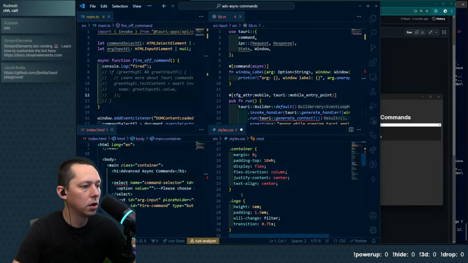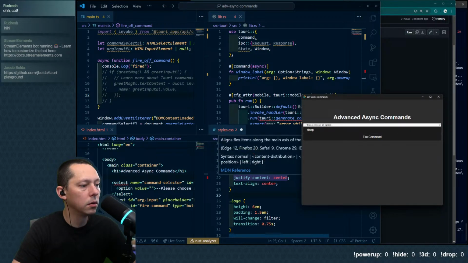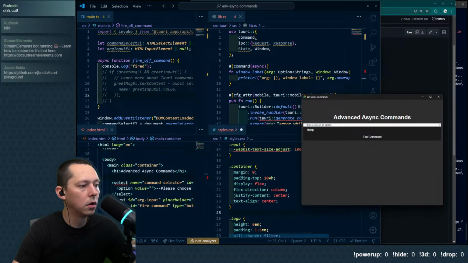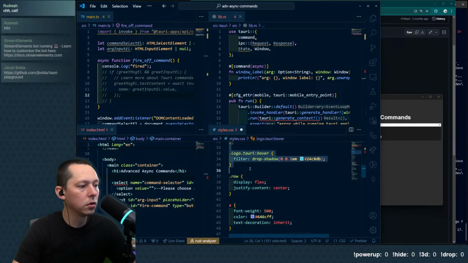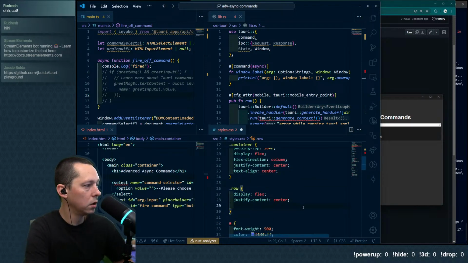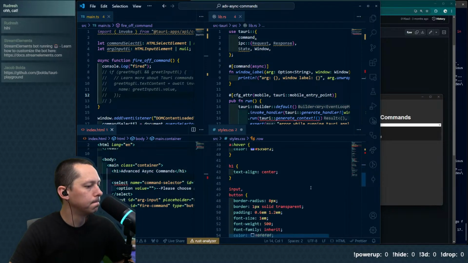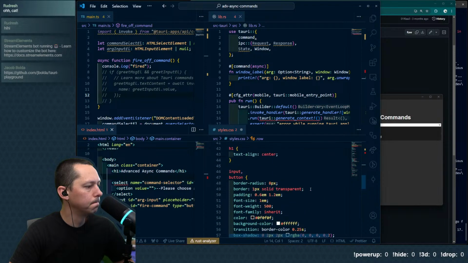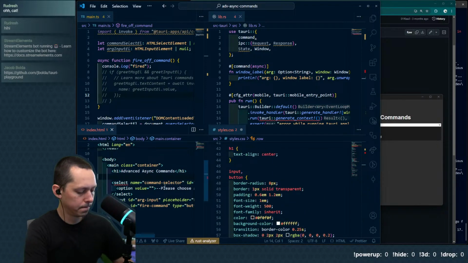We got a container, a padding top on the container. Don't think we need any logos. Here we've got a row. Sure.